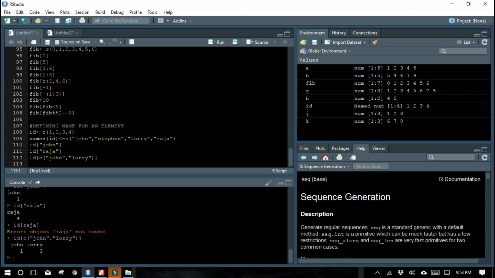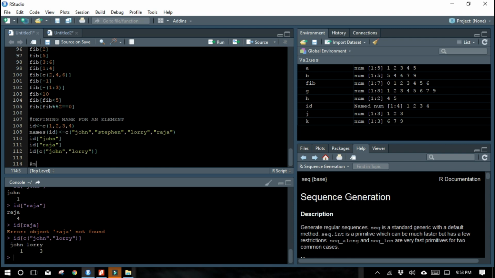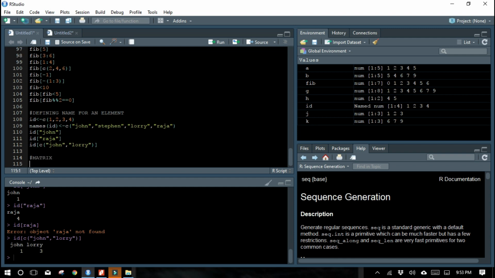Now coming to the other topic, matrix. You would all have studied about matrix. So let us define a matrix.